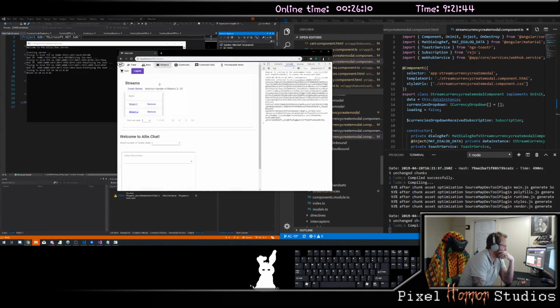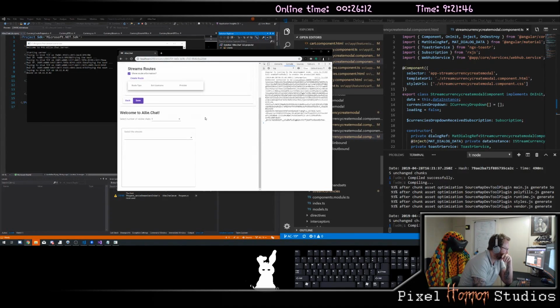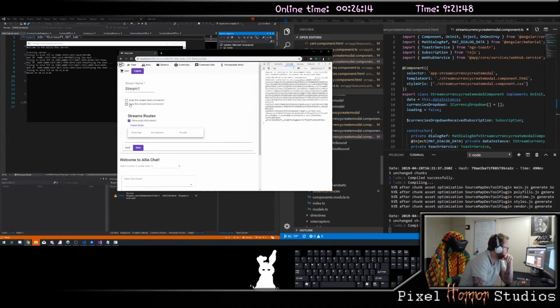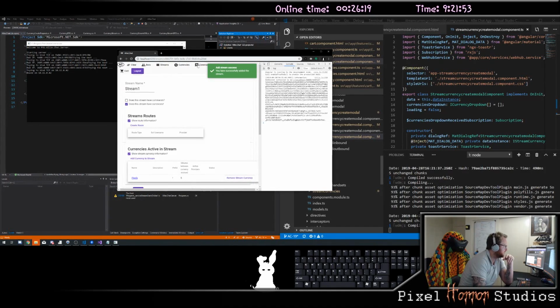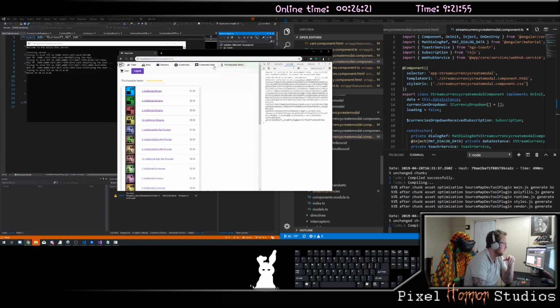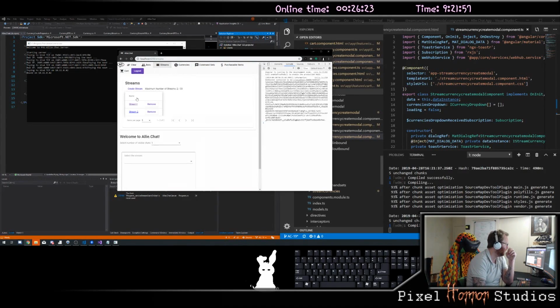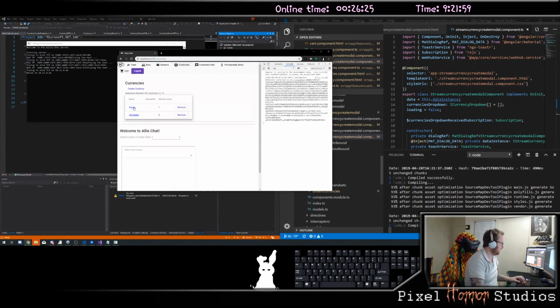And then here we're going to look at our stream currencies. Here, we can see we have our description. If I go into my currencies and change this to be a simple currency,